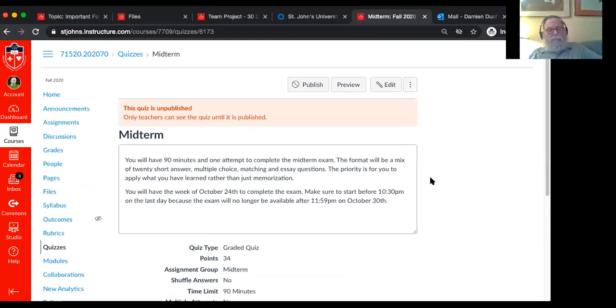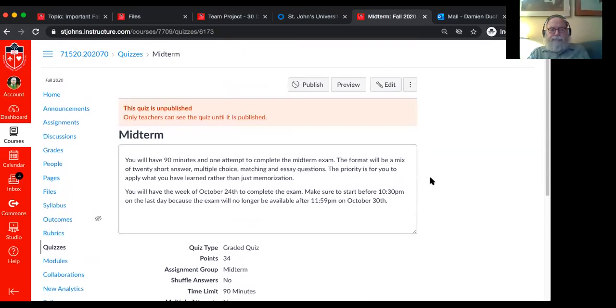Now the trick with this, which is something to keep in mind, is you're automatically going to have some students that are going to mess it up. They could have an internet issue. They could have a cat issue. They could have something happen where they can't finish. And so as a result, you need to be in a position to go back in and open it back up to them,